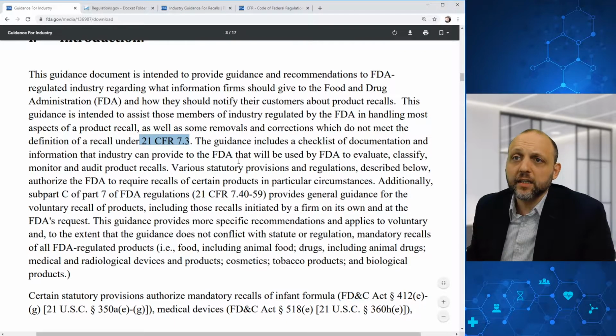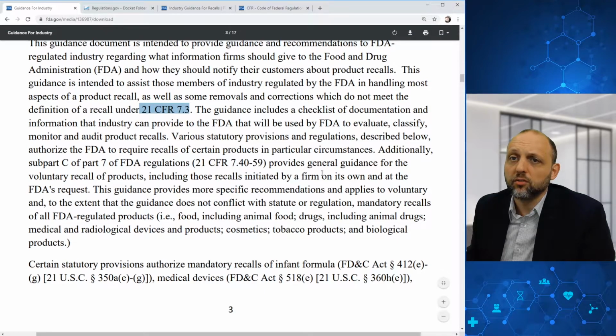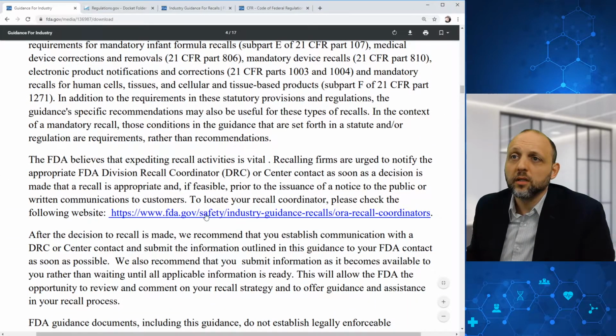So there's a checklist as well as information that FDA is going to use to evaluate, classify, and monitor and audit product recalls. Various statutory provisions and regulations authorize FDA to require recalls of certain products, and there's also some general guidance for voluntary recall of products here in 21 CFR 7.4 through 59, I should say. So this guidance provides some more specific recommendations, as we'll see,